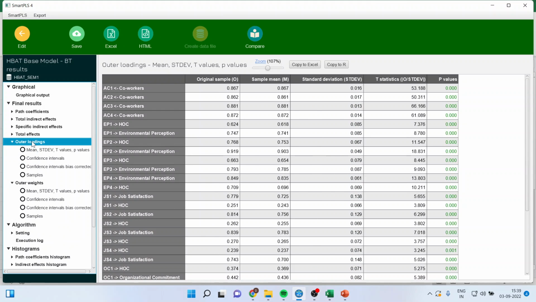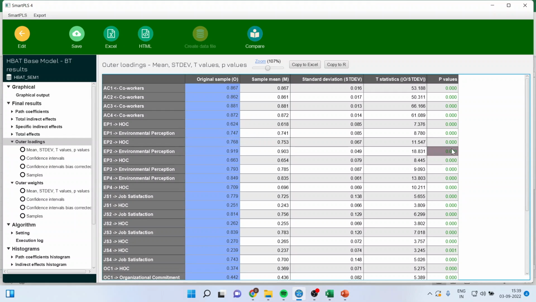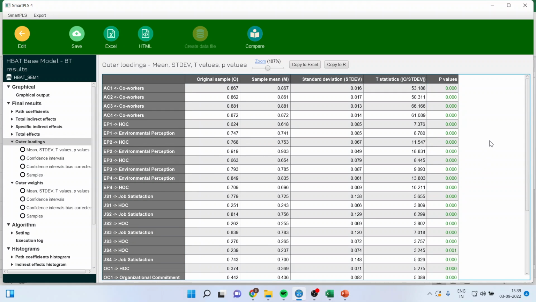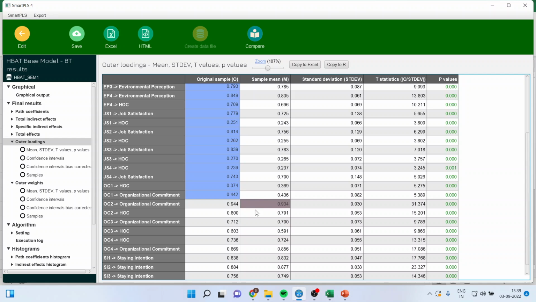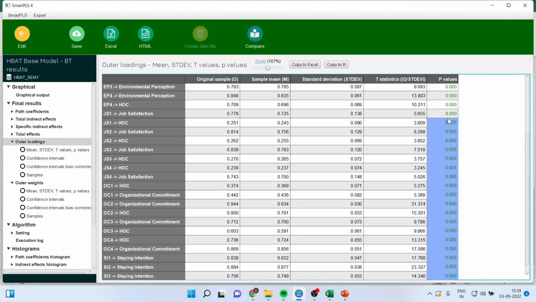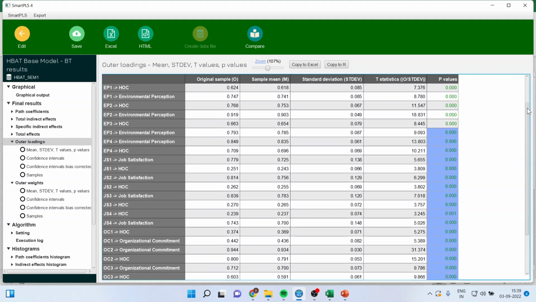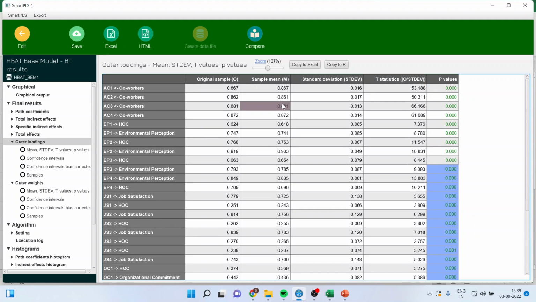Now you go in outer loading. Here, if the values are less than 0.5 and if they are insignificant, then only you will delete the statement, otherwise not. You can see here all of the statements are having values more than 0.5 and the p-value is less than 0.05 and therefore we will retain all the statements. Now I will go in